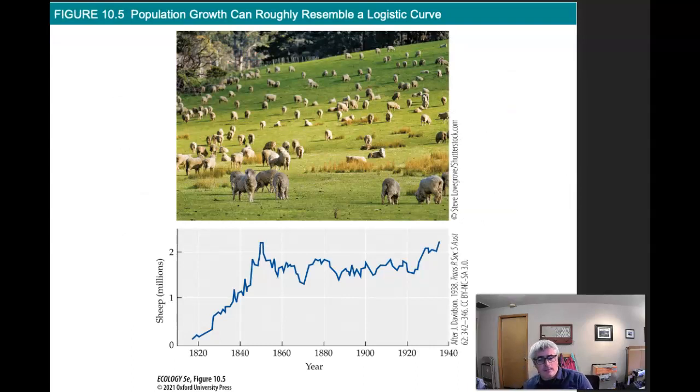But here's an example from Tasmania. When sheep were introduced, the sheep started reproducing, going like crazy until they more or less hit a stable population, bouncing around between about 1.2 and 2 million sheep on the island. And that's basically a full expansion of available grazed land or grazed habitat. So there's a sharp increase as they're expanding out into new areas and recruiting in new areas,